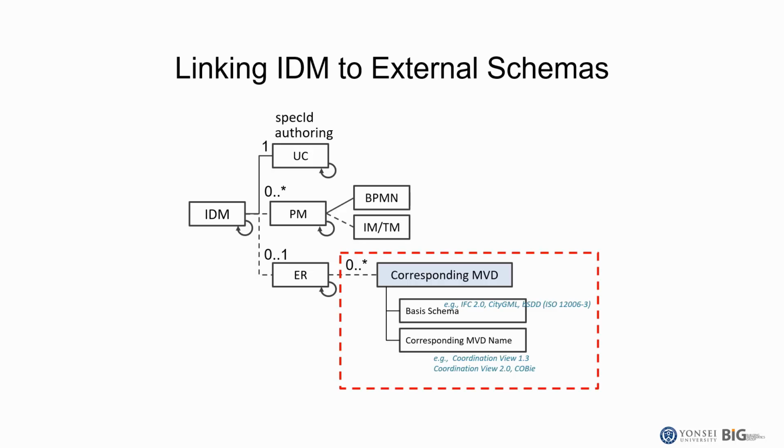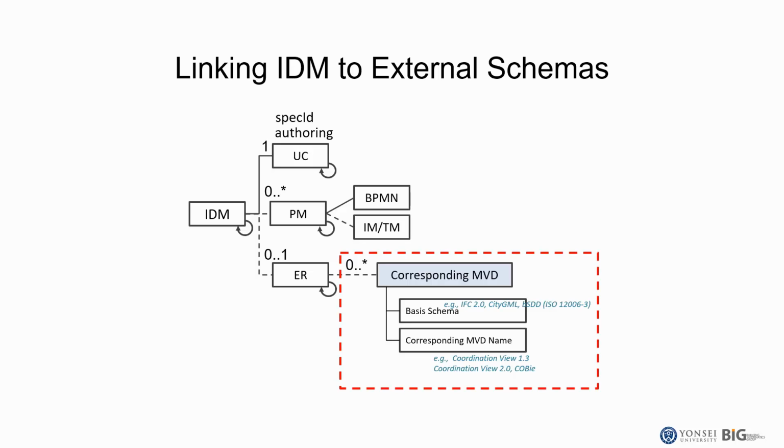So it could include not only IFC but bSDD, buildingSMART Data Dictionary schema, or CityGML and others. So the question was how to link the IDM to these external schemas, or MVD schemas, and